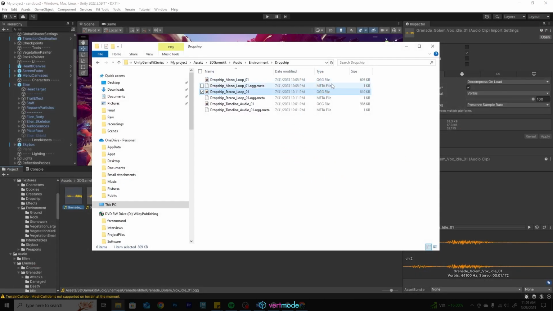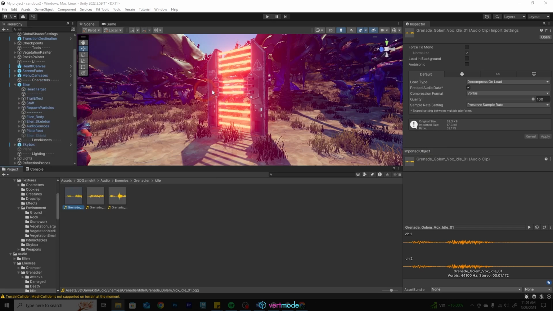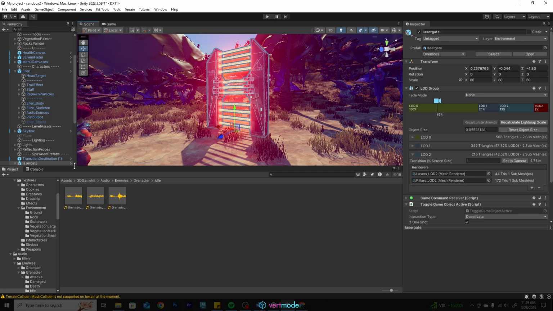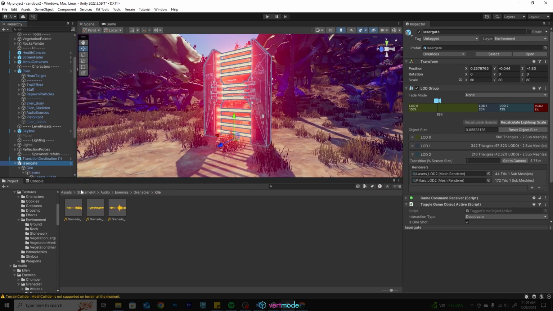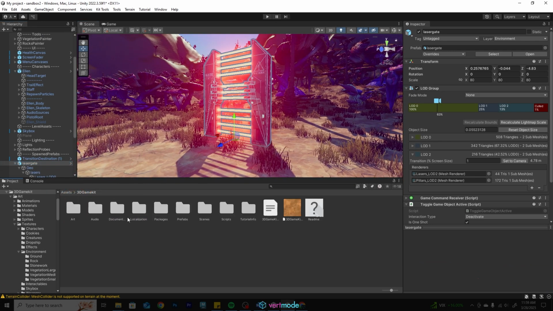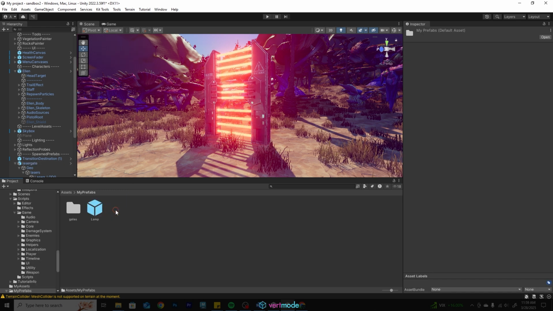All right. Now the question is, how do we attach it? What do we attach it to? We're going to use the dropship stereo loop. What we're going to do is come into our asset here, and I might even go into the prefab. So remember, we made that prefab. To access the actual prefab, I can come to Assets, My Prefab, go to Gates, and double-click this to open